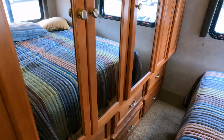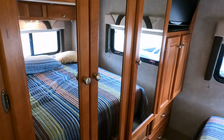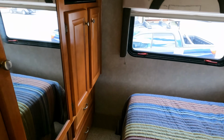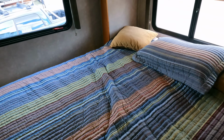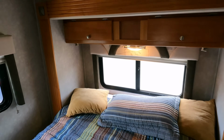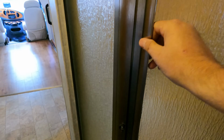I like all the storage the bedroom has. Look at all the drawer space underneath, all this closet space across from the bed, which is in a slide. Got a small TV up there to watch while you're laying down. This is a Queen Island bed. Got some overhead storage, fantastic vent fan, and a split bathroom with a shower,